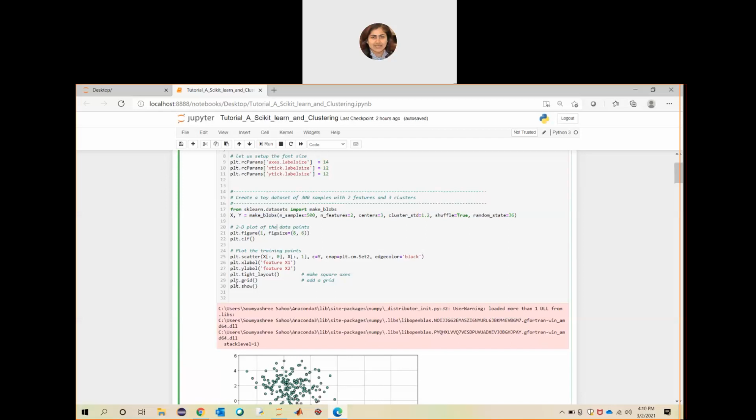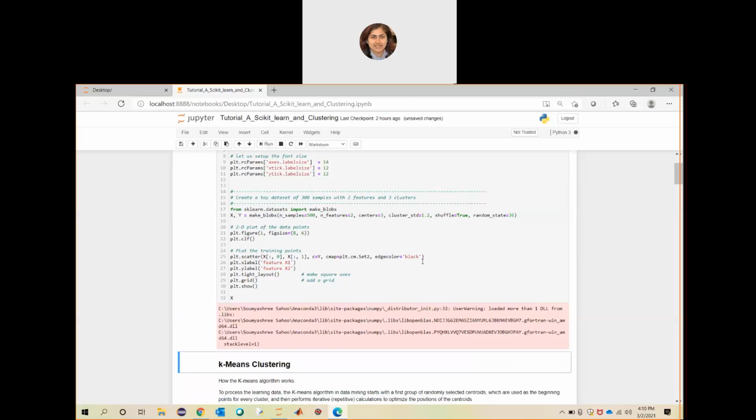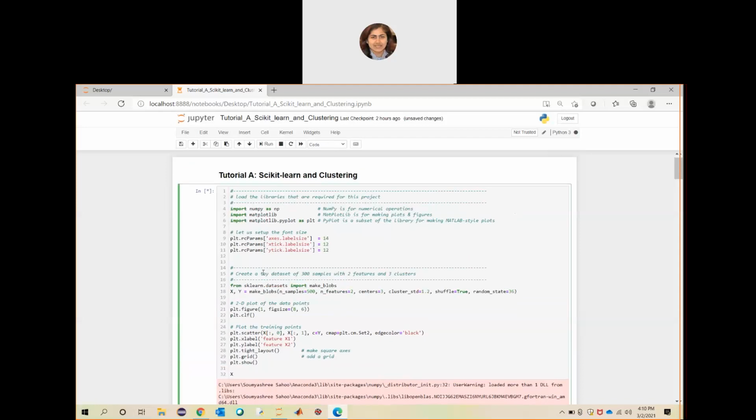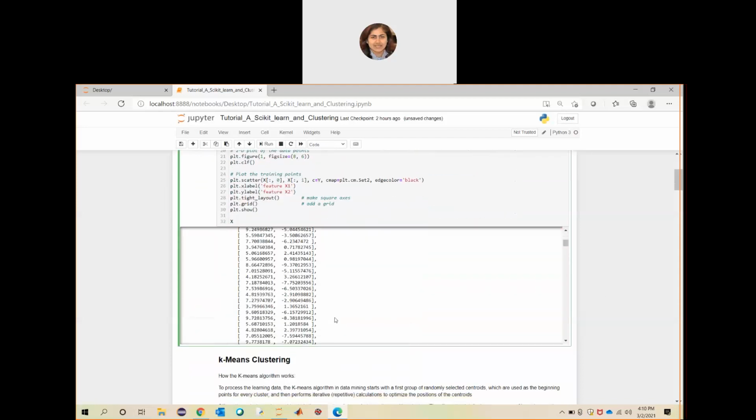I have not printed it here, but if you just mention X, let me run it. It's taking some time. Okay, it's loaded now.